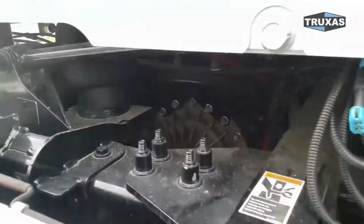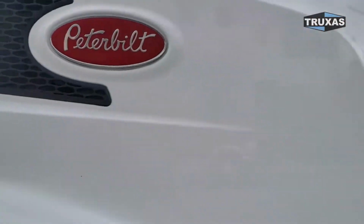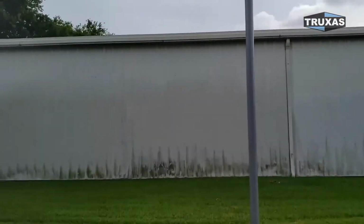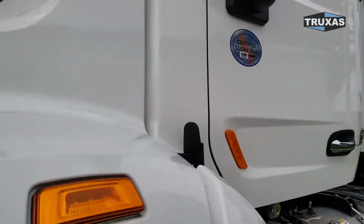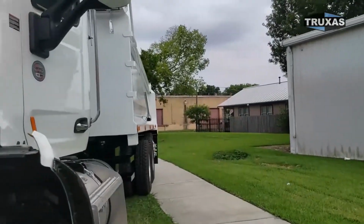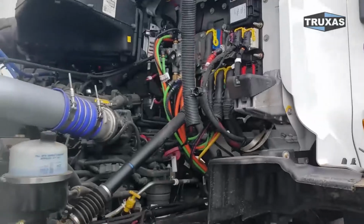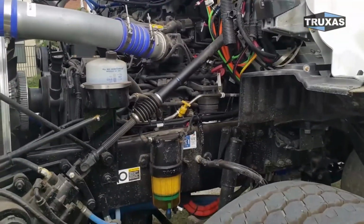This transmission weighs 200 pounds less than the Eaton Fuller 10-speed. So it's definitely a nice option as far as driving the truck. Just makes it super simple. When it's empty, it's like driving a diesel pickup truck around. Definitely a super nice option. And that's a real automatic transmission, not a computer controlled manual. So it's very hard for the employees to damage the transmission or the engine with these Allisons, the way